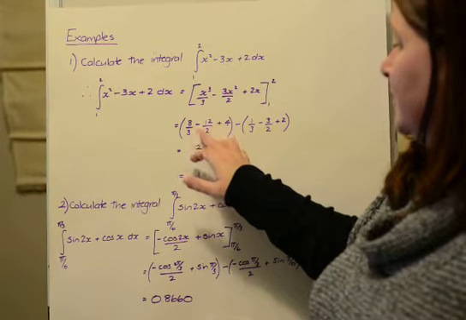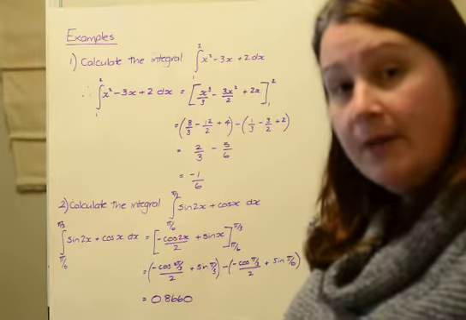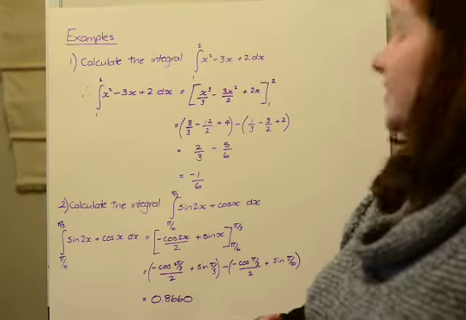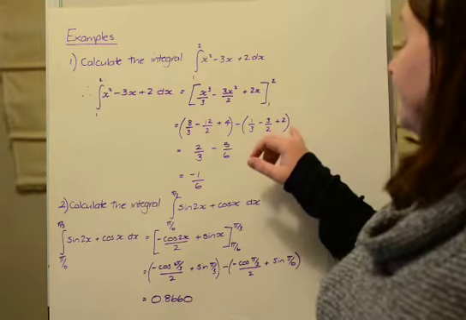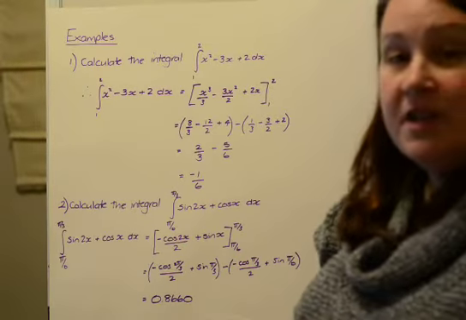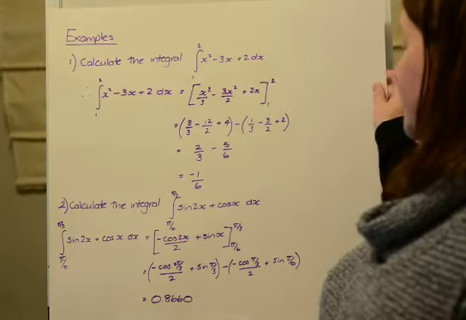I get 8/3 minus 12 over 2 plus 4, minus then the value where we've put in our lower limit, which is going to give me 1/3 minus 3 over 2 plus 2. I evaluate that and I get 2/3 minus 5/6, which just gives me negative 1/6. Okay, just looking at it from this time with a